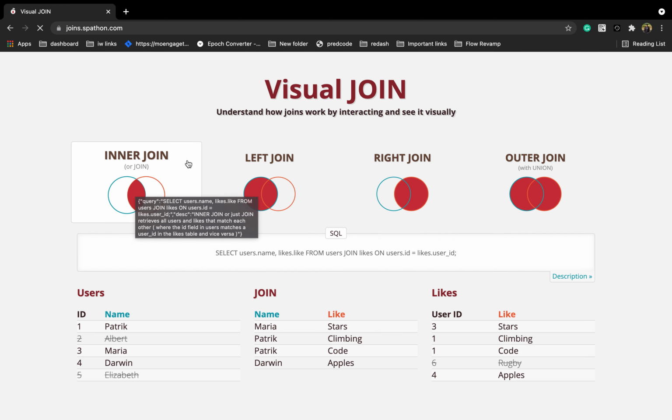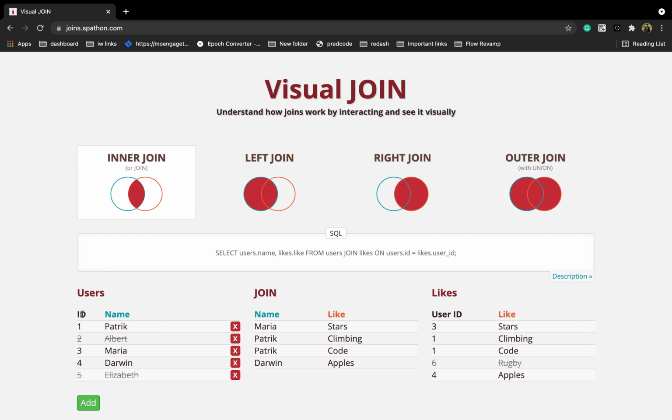So if you'll see, this is the inner join, right? So users, let's say in this user table ID 1 2 3 4 5 is there, and these all are the names, and in this likes table, these all are the 3 1 4, these all are the user ID, and then likes are there, right? So what this will do is, this will take the common of users and likes. So inner join means intersection between these two tables. So this is user table and this is likes table. So intersection means the common thing, right?